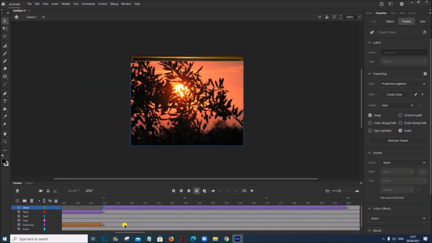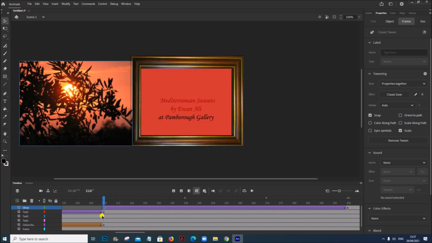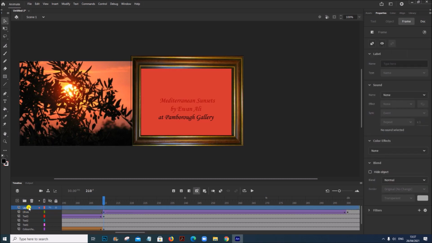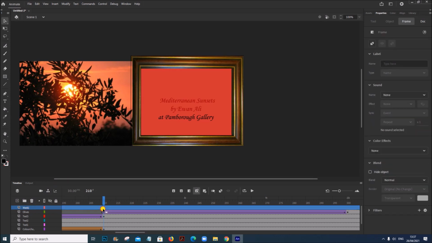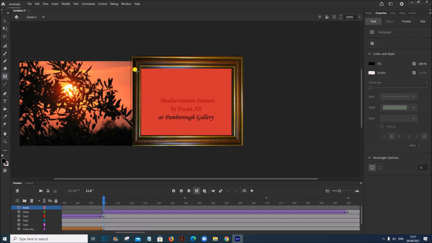Now the image should appear only inside the frame. For that we will create a mask. So add a new layer. Mask 1 I will name. Now draw a rectangle inside the frame.